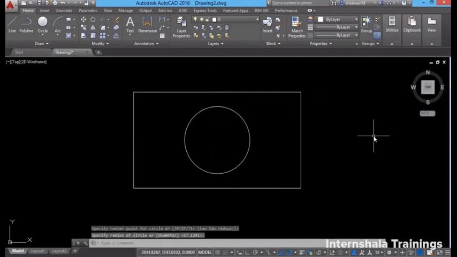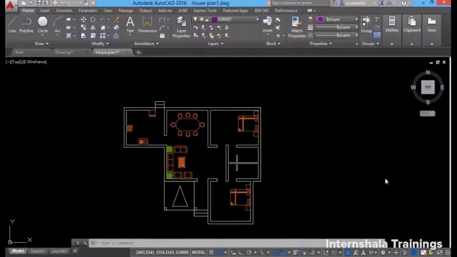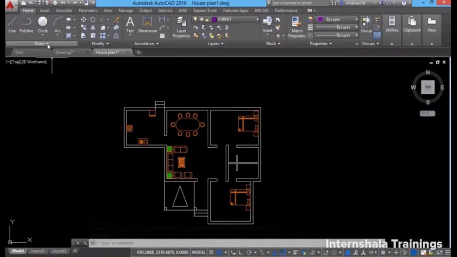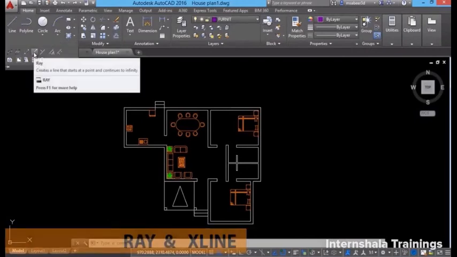So this is all about temporary tracking. It's really easy and convenient, and it eliminates the usage of temporary construction lines. In AutoCAD, whenever you want to create construction lines, we have two new objects which are meant for that. These objects can be taken from the draw panel. So click on the drop down in the draw panel, and here you have a ray as well as X